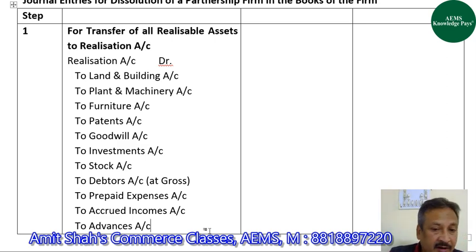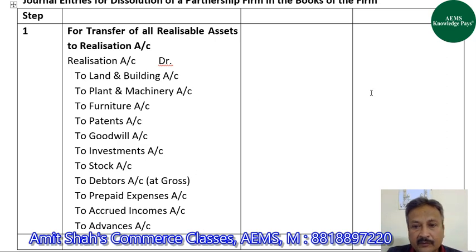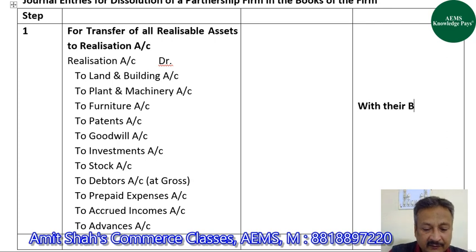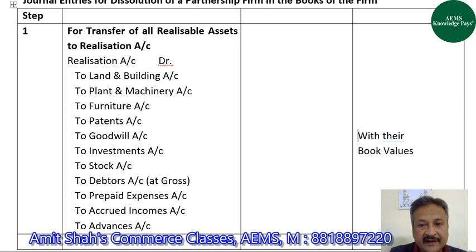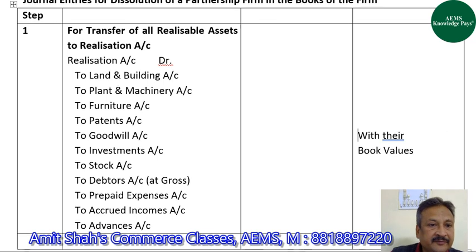Cash and bank balances do not need to be sold in the market, and fictitious assets will not have any takers in the market. Am I clear? We transfer these assets with their book values. So, whatever value of these assets is there in the books, which would be given in the question, with that we transfer these assets,